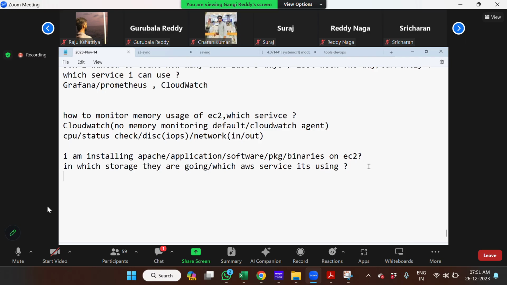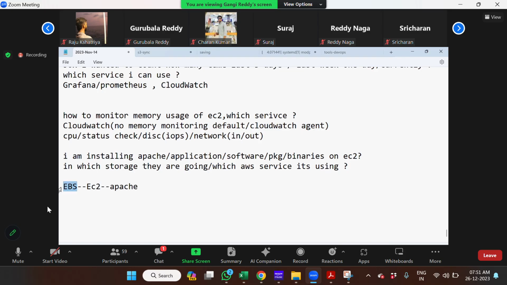Okay, let's go. Let's say, for example, when I'm creating EC2, I created EC2, I have installed Apache. Is there anywhere S3 came here? No. Behind, where is your storage now? Which storage is being used currently for this? EBS. Yes, it is the EBS currently. So whatever you are installing, the software on top of EC2, behind the scenes they are installing on top of EBS